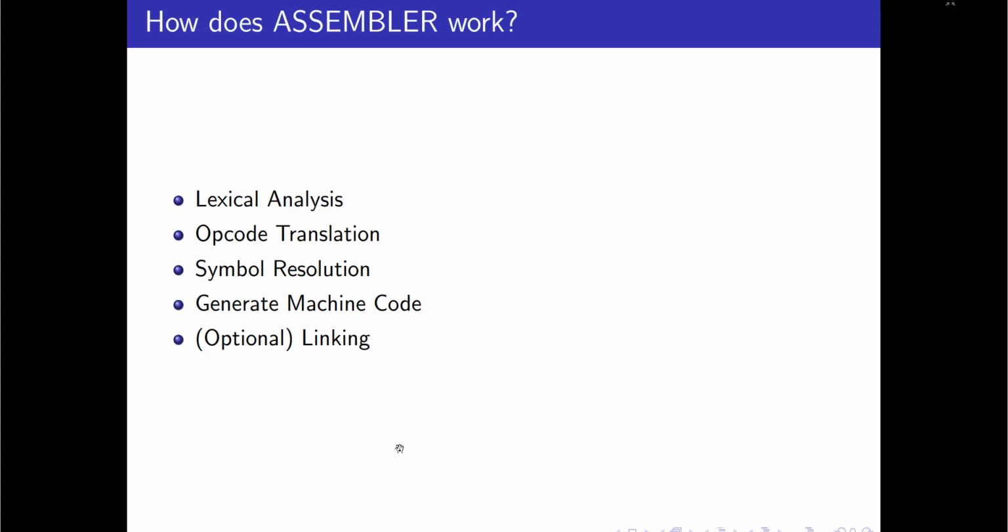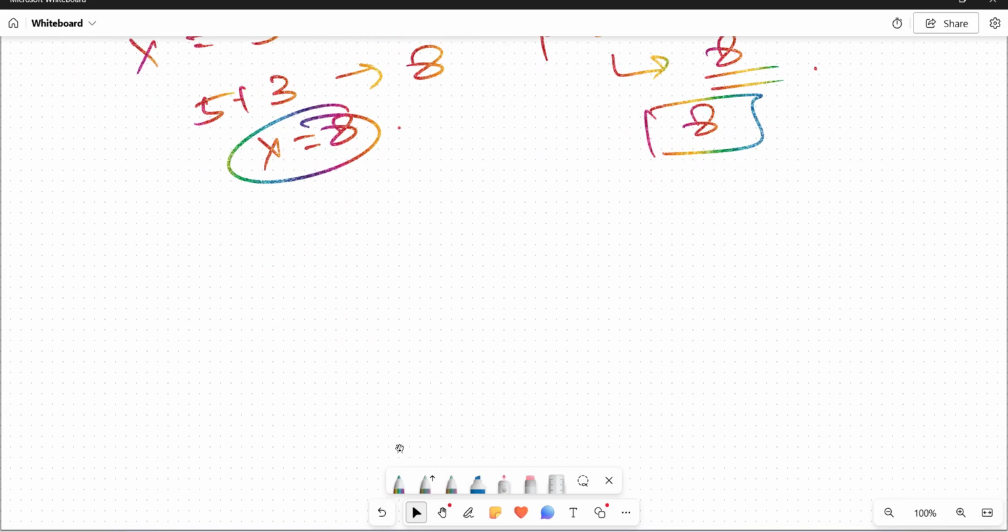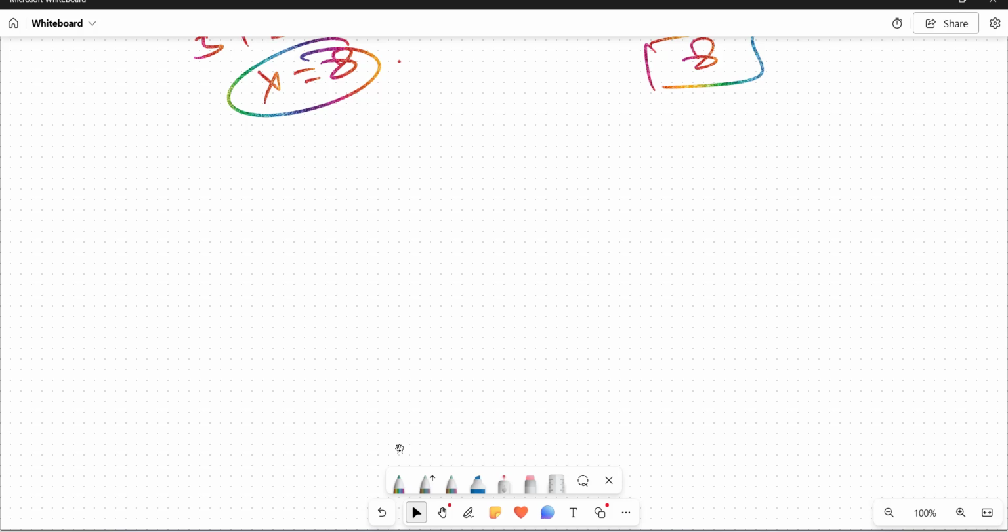Now the last translator is called the assembler. An assembler converts assembly language, like human readable mnemonics, into machine code, which means binary instructions that the CPU understands. What? Zeros and ones. So we'll take a simple assembly statement to see how the assembler helps in conversion. Okay, and here we are seeing MOV AX, 5